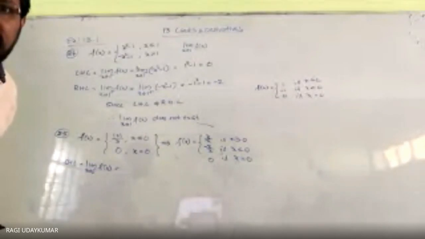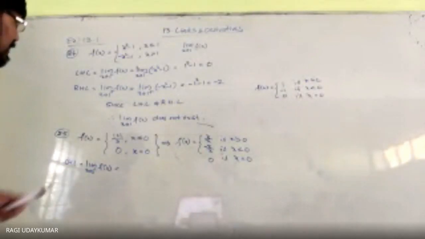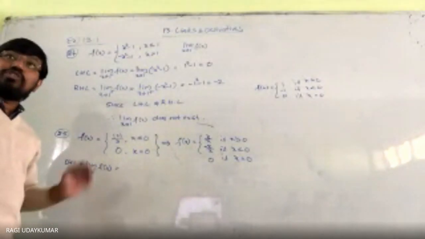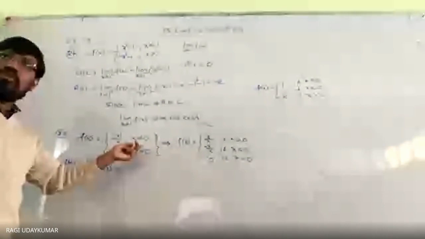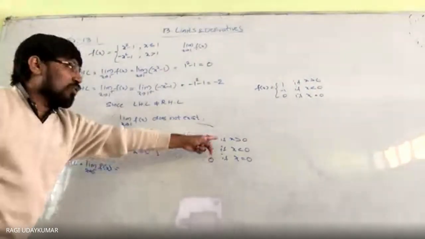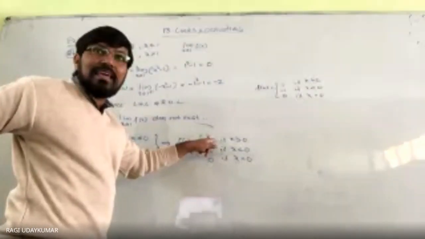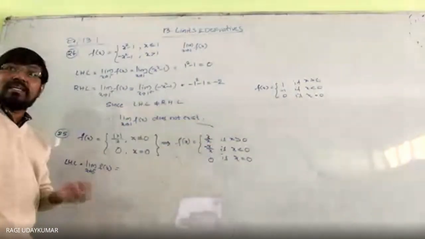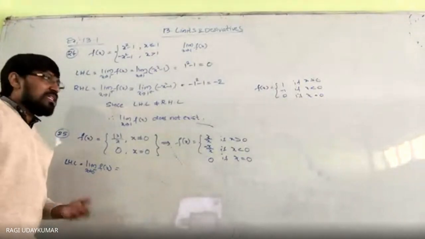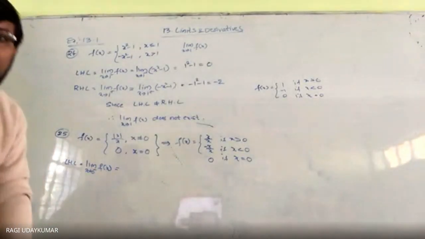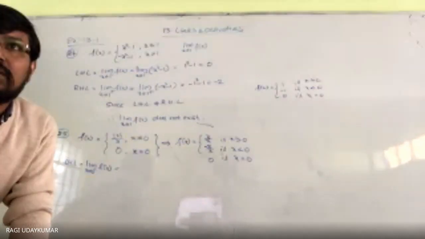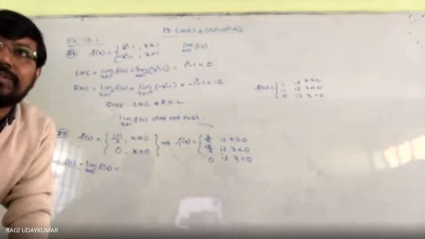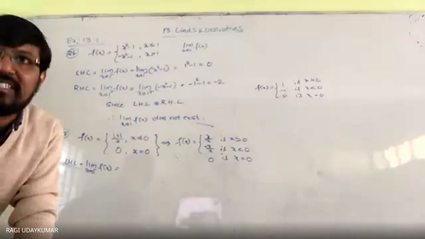In the question it is not given to you. But this is a split function at the place of 0. Why is it a split function? For x less than 0 it is different. See the definition of modulus: for less than 0 it is different, for greater than 0 it is different. So the function is splitting at the place of 0. So that's why we need to take the left hand limit and right hand limit. Suppose the question gives you something other than 0, then you can consider it directly.